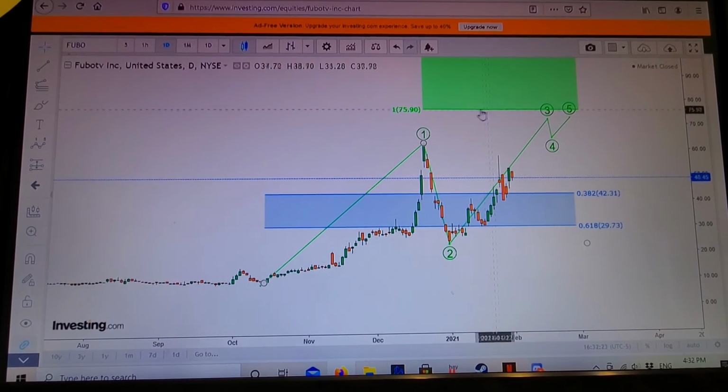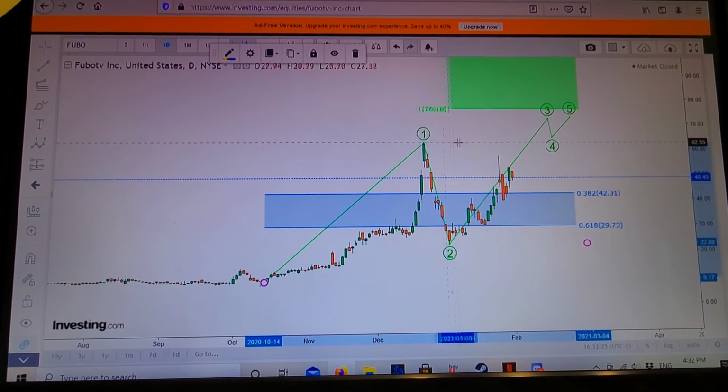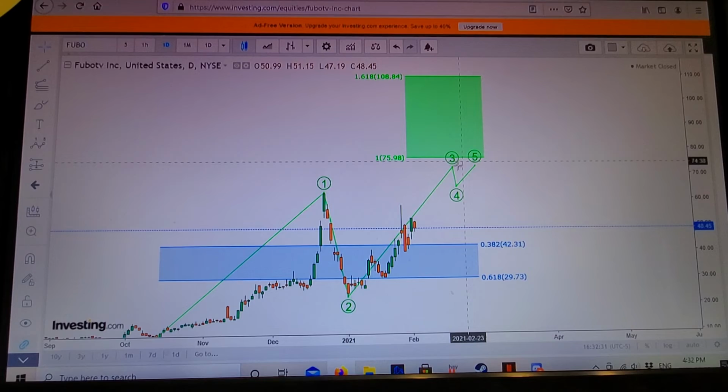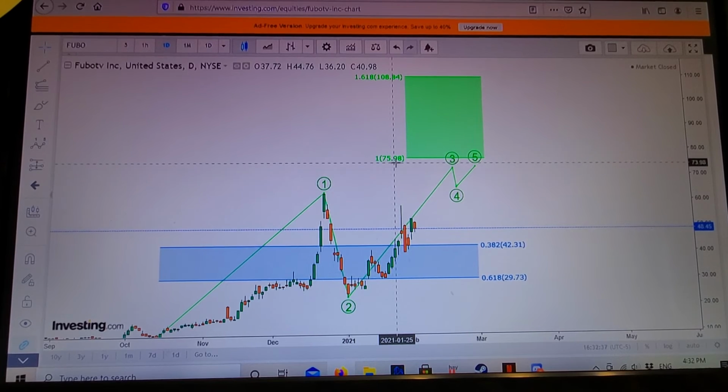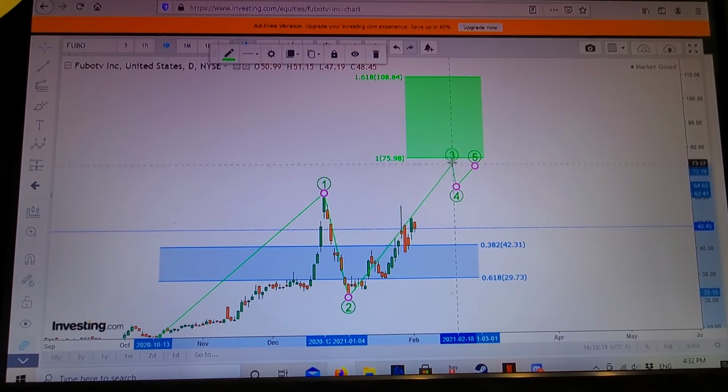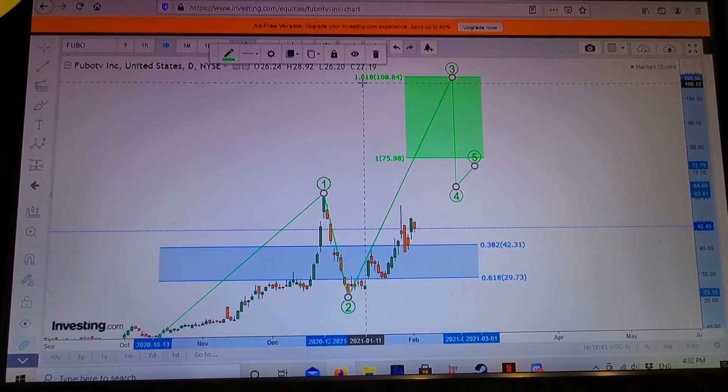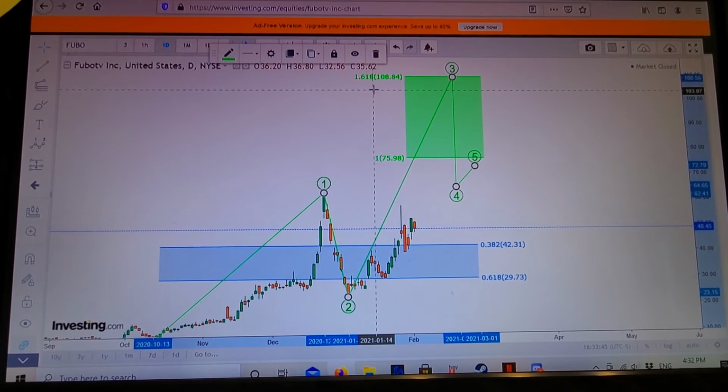So now we can look up. Maybe just pull that over so it's easy to see, but again, holding that one there. And we get this kind of a setup. So our 100% retracement of 1 is $75.98. So as the math goes, it looks like it would go all the way up to that 1618 as it usually does in the theory. So over $100 we're looking long run.